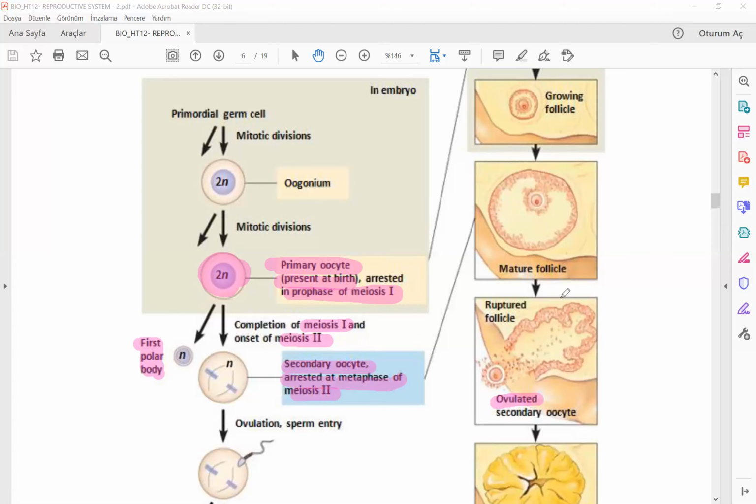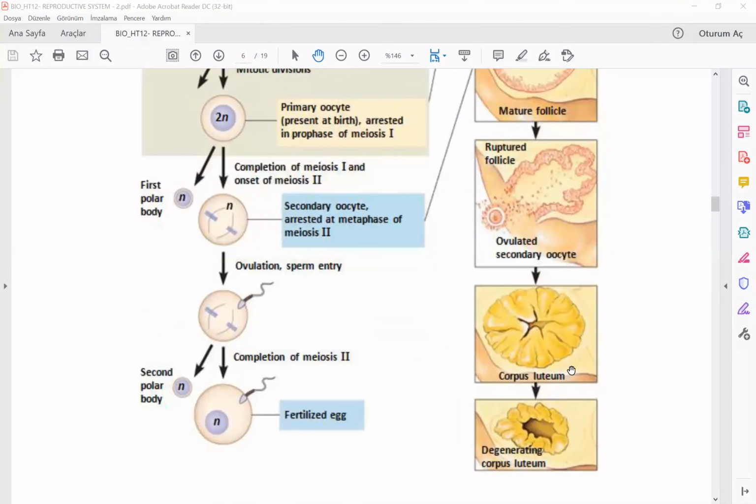Ovulation means the release of the secondary oocyte from the growing follicle to the oviduct. During ovulation, this secondary oocyte, arrested at the metaphase of meiosis 2, is ovulated, and it goes to the fallopian tube or oviduct. The remaining part of the empty follicle will be converted to corpus luteum, and if there